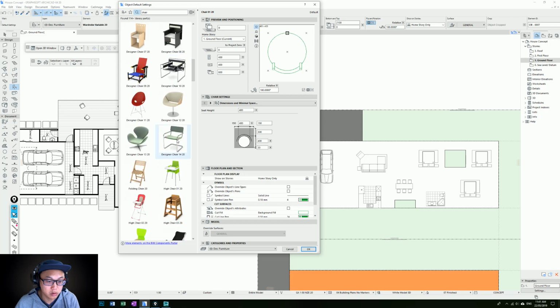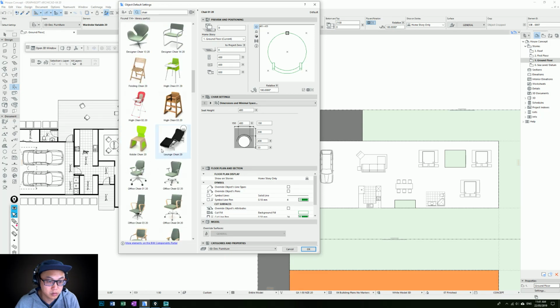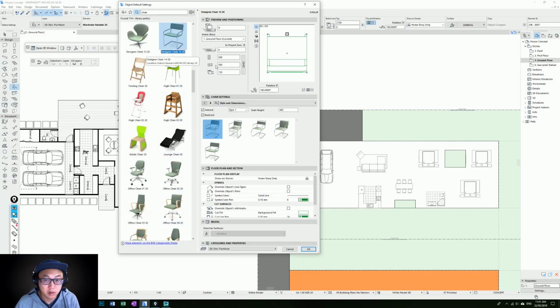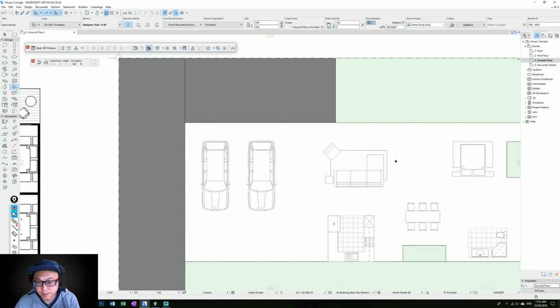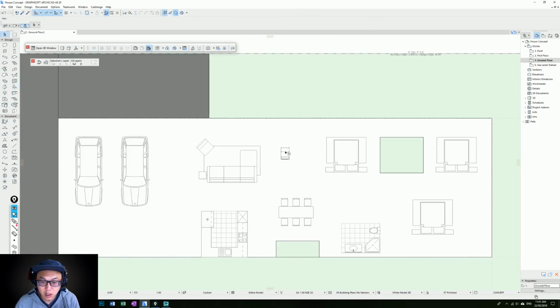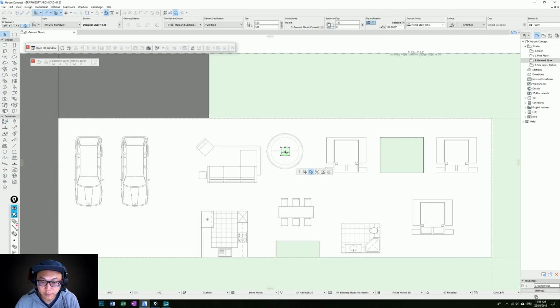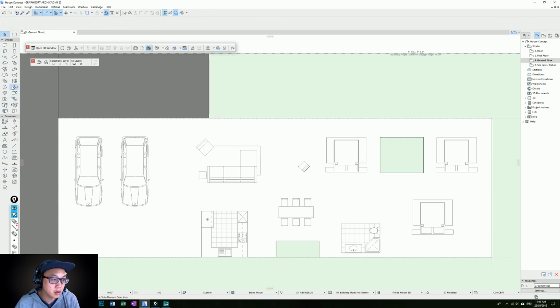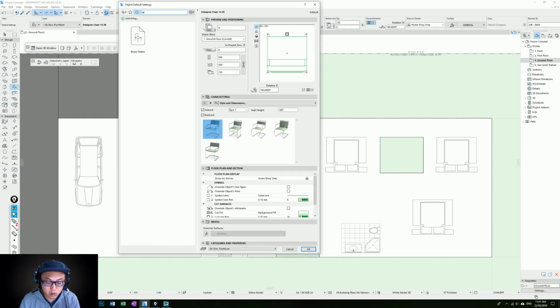Which chair can I use? I'm just gonna use that for now. And I'm just gonna rotate that 45 degrees. It's gonna be here. I'm gonna add a table, coffee table,